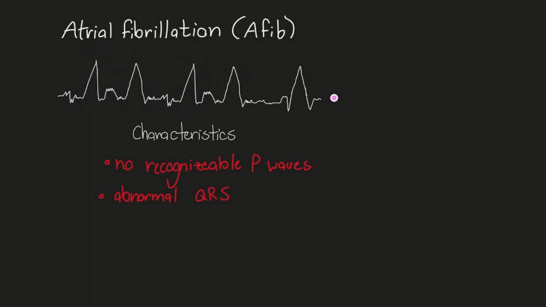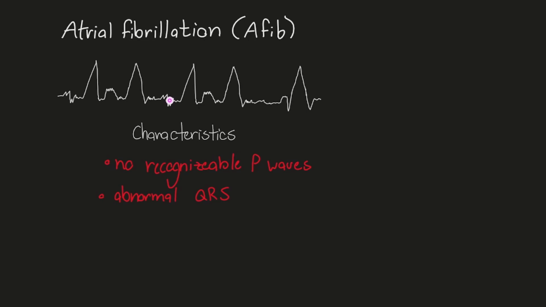And we can notice that it is an R wave. But when we look between them, we just see squiggly lines that are not showing any pattern or uniformity. This would indicate to us that there are no recognizable P waves, and alongside that we have an abnormal QRS complex. Because here we can see there's no Q wave, or here we can see both and then our R wave, but over here there are just random abnormalities. And what these non-recognizable P waves and irregular QRS complexes tell us is that there is a rapid